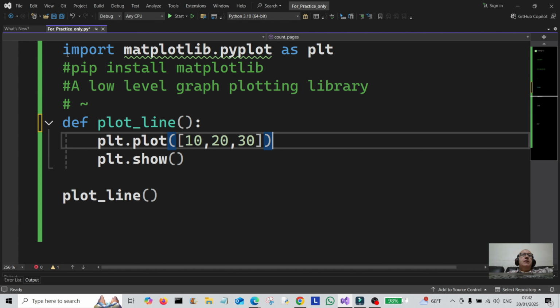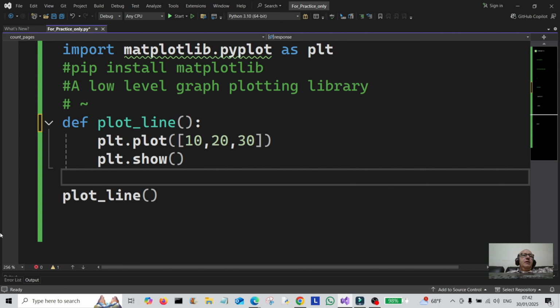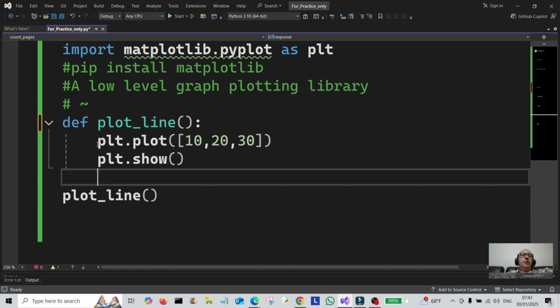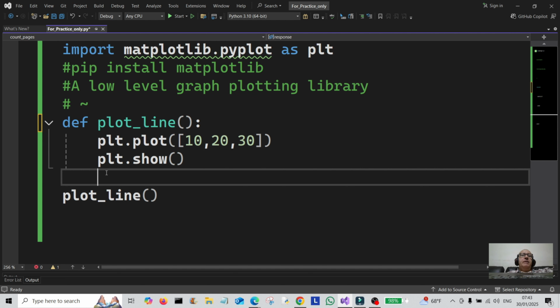Once you've done that, then you need to import this in here. So import that module in, and then what we're going to do is create a function. I've called it plot line, and then we use plt.plot, and then I'm going to put in some parameters here. So I'm just simply doing 10, 20 and 30. Then we use plt.show. This will actually show the graph on the screen, and then all we do is we